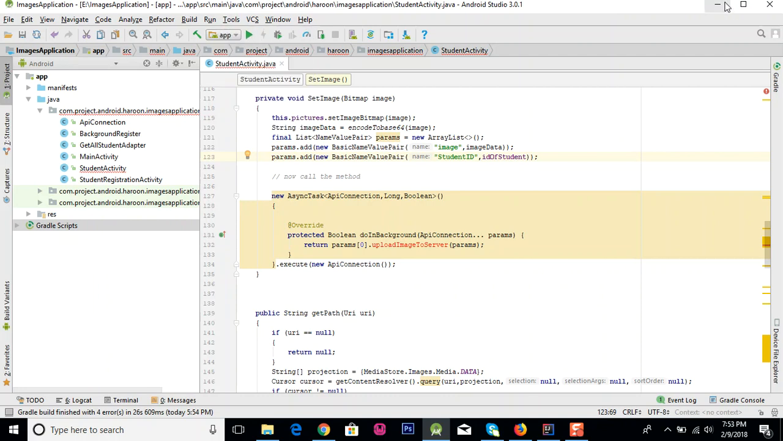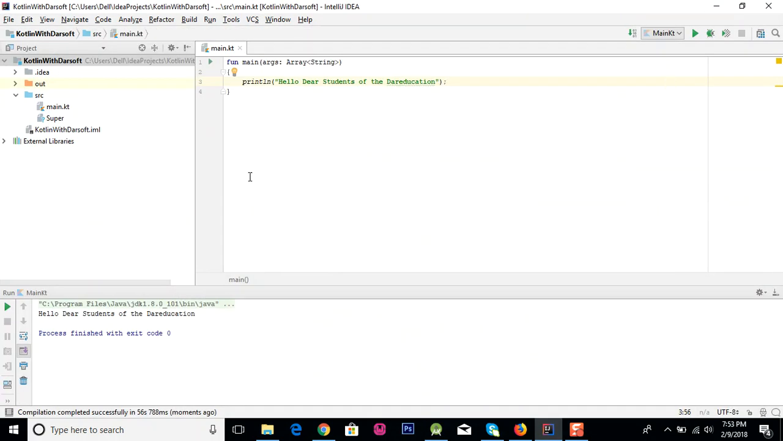One more thing, Kotlin will be the future language, and you can see that this message is successfully displayed on your screen. Hello students of the